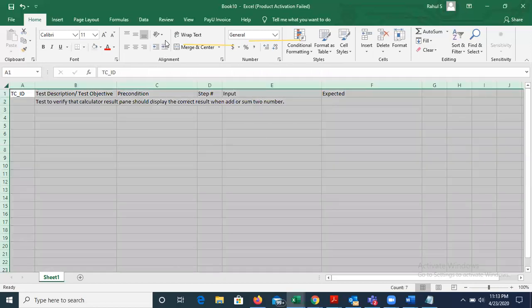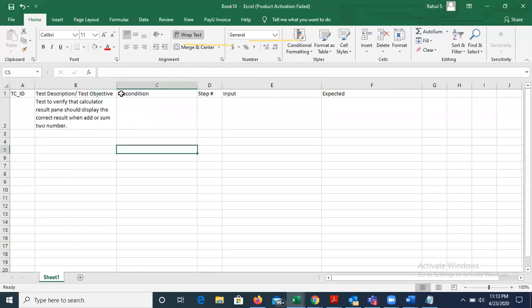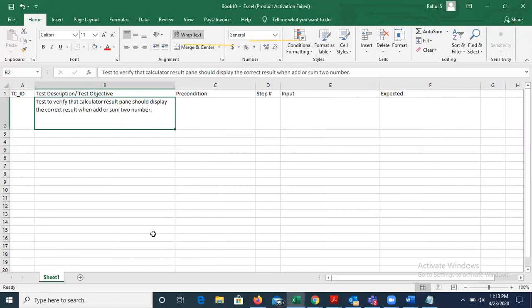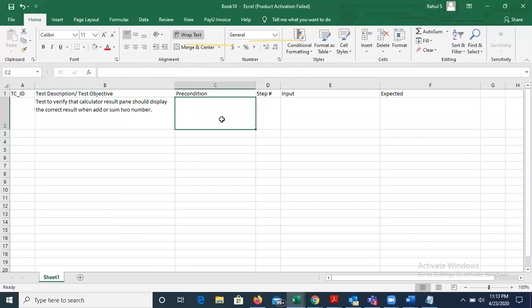So this is my test description. Test to verify that the calculator should display the correct result when we add or sum two numbers. Now precondition I can write here: calculator should open. That calculator application should be open.